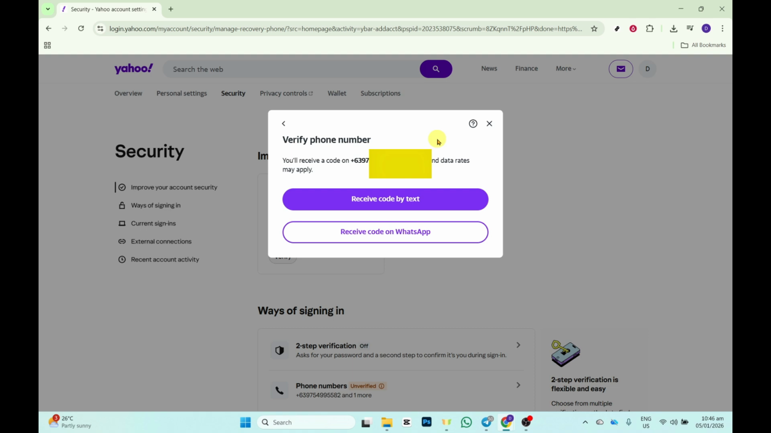Finally, if you ever change your mobile number, come back here and update it promptly so you don't lose access to important recovery options. And that's it. You've added a phone